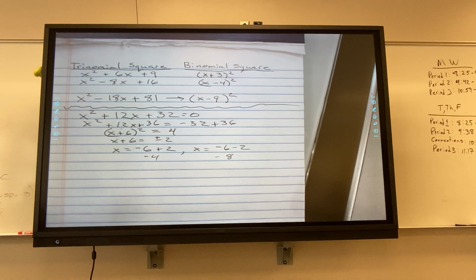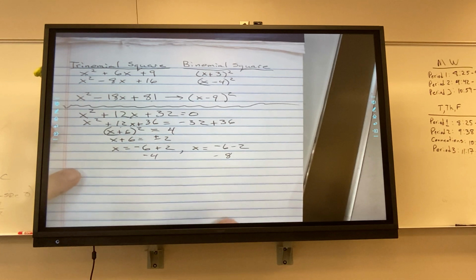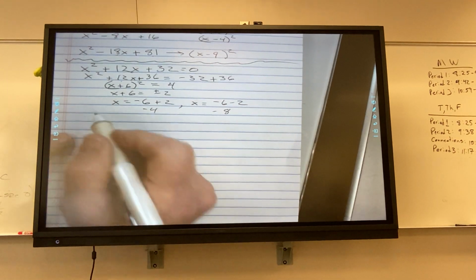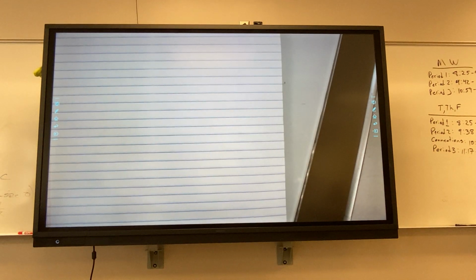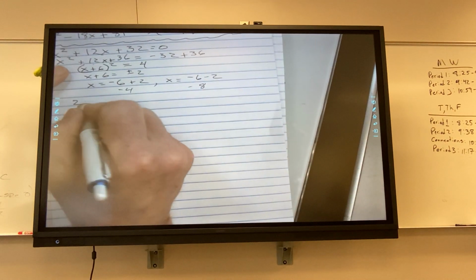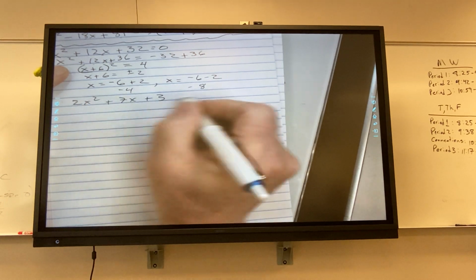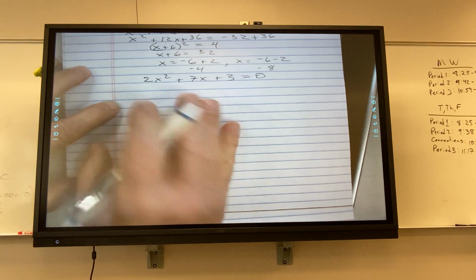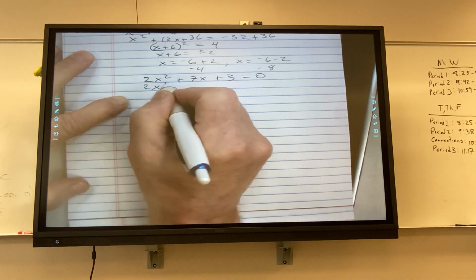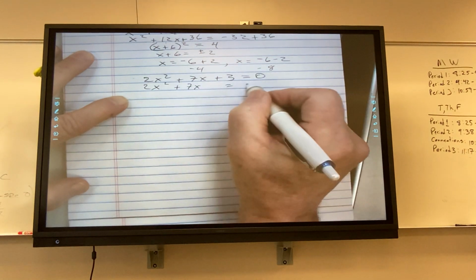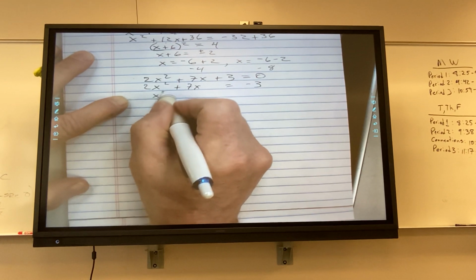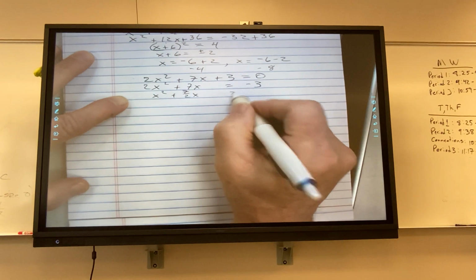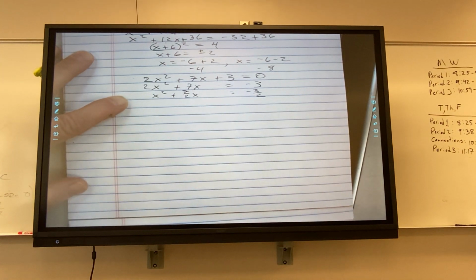Okay. So, let's say we have something that looks like this. I'm going to hide for a second. And make that equal to 0. Do you see that okay, Audrey? All right. And I'm going to take 2x squared plus 7x. I'm going to make it equal to a negative 3. And then I'm going to divide by 2, and I'm going to get x squared plus 7 halves x is equal to a negative 3 halves. Everybody okay with that? Okay, now remember our rule. We take half of this,